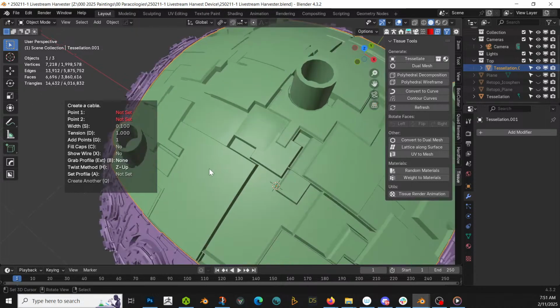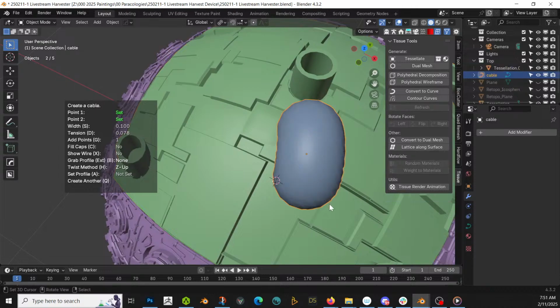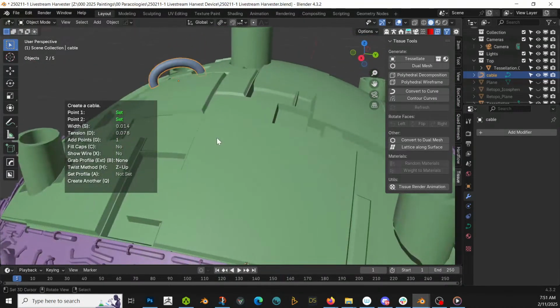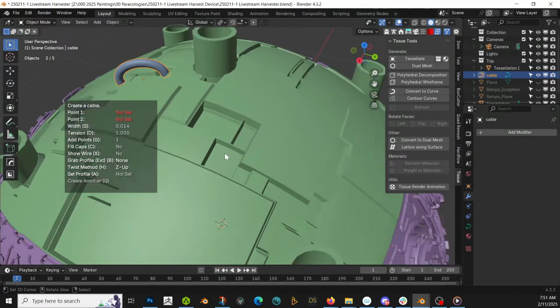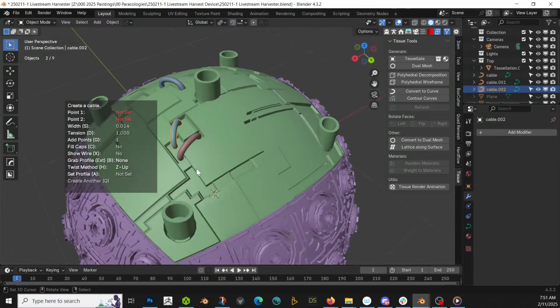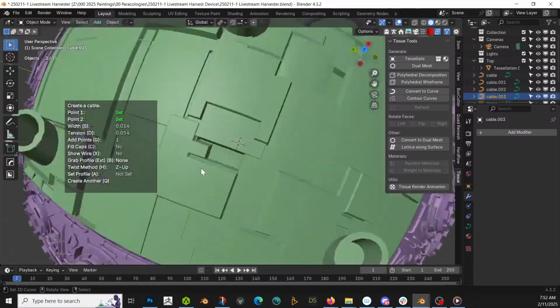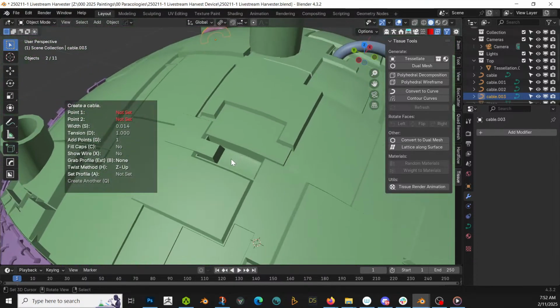Create a cable from here to here. Scale it down. That, cool. Q. And then another one from here to here. Another one from here to here. Cool. And another one from here to here. Right. Just adding some interest to it. Another one from